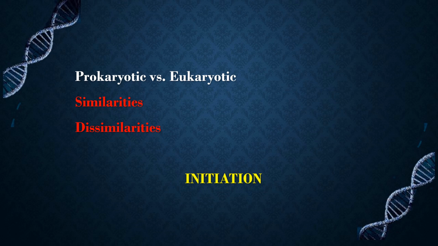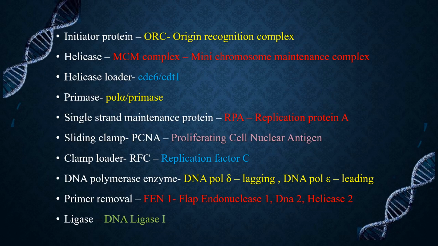In this video, we are discussing the initiation stage of eukaryotic DNA replication. Eukaryotic DNA replication occurs at a particular stage of the cell cycle, that is S phase, the synthesis phase. As we all know, eukaryotes have linear chromosomes, and the proteins involved in replication are